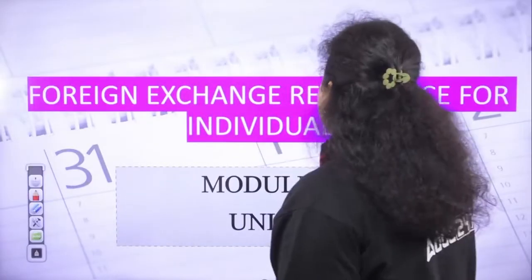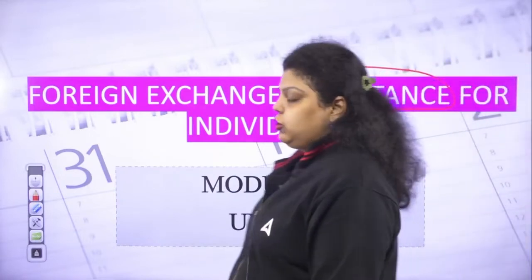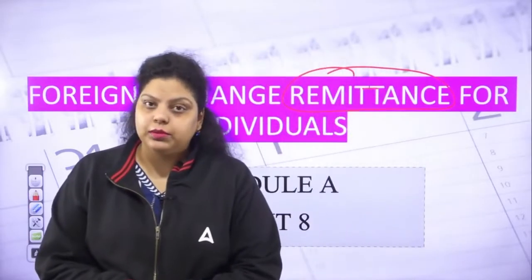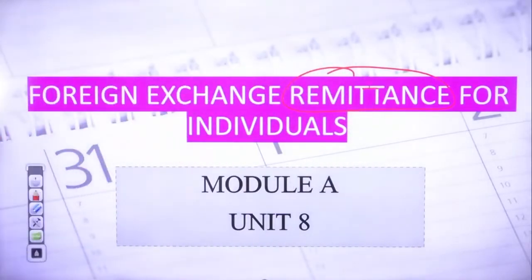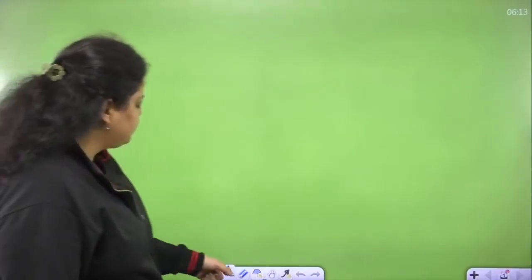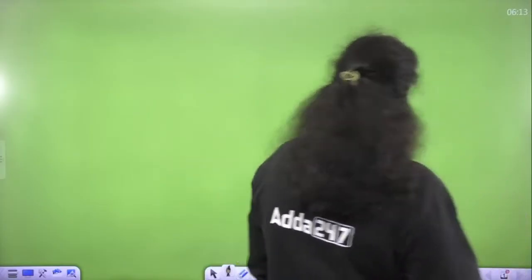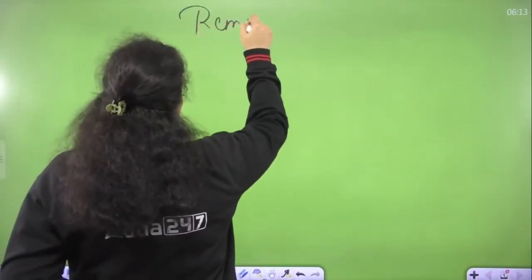Now when we talk about remittance, foreign exchange remittance simply means you are transferring funds from one place to another. Clear? And what you are doing in foreign exchange means in foreign currency. If I'm talking about remittance, remittances are actually of 4 types, depending upon whether you are doing it within a country or outside the country. So first, let's talk about remittance.